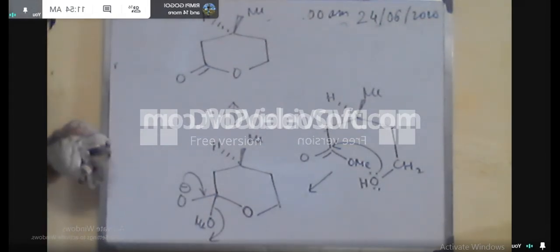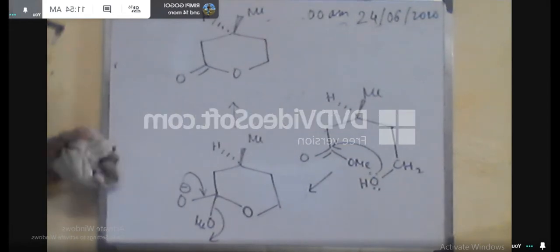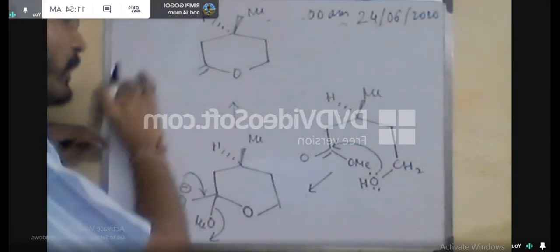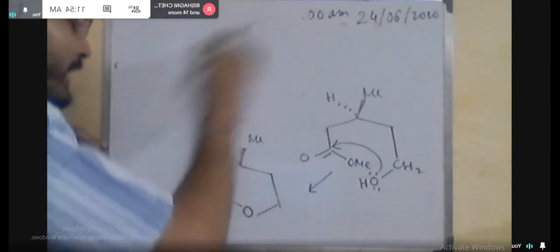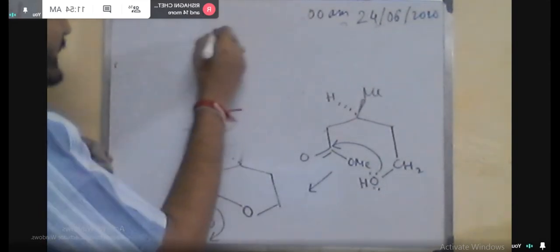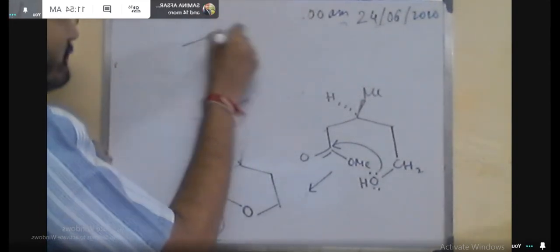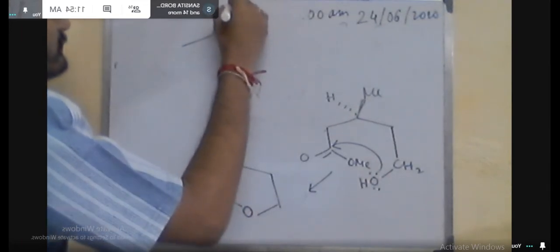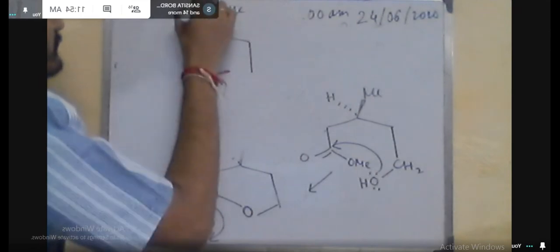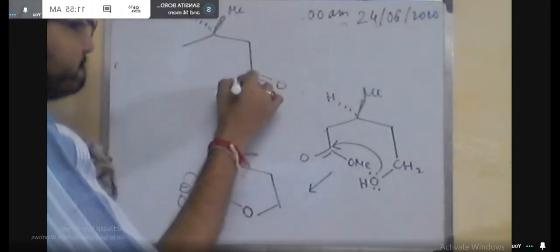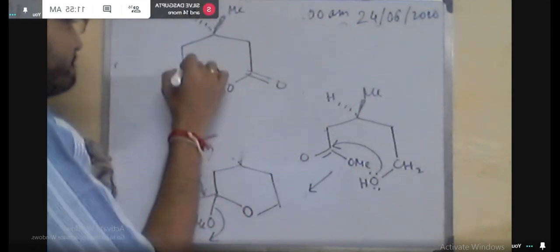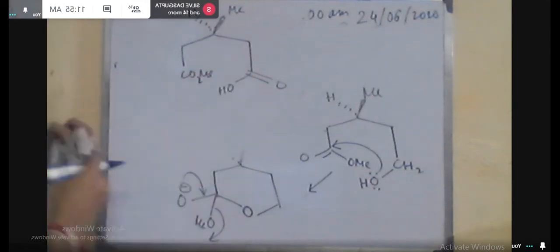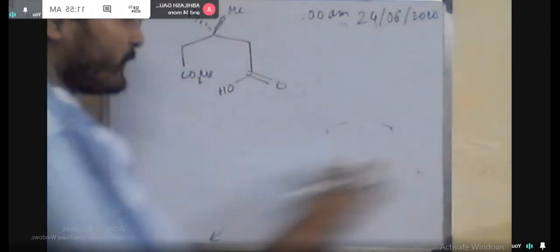And in the final step the H2 will be eliminated from the molecule. So the product you will get has a double bond O and a methyl hydrogen. So this is the R isomer. So by using the selective reducing agent, you can convert or you can get the enantiomers from a single substrate.